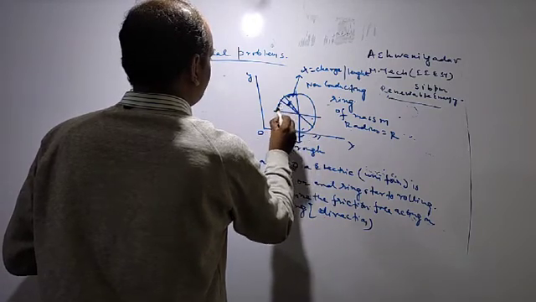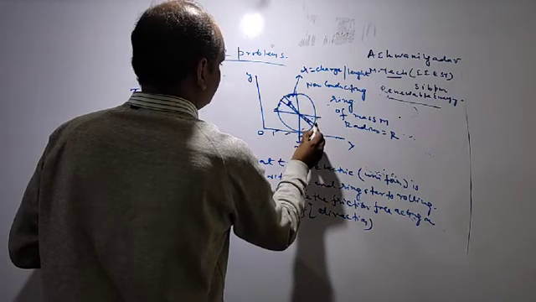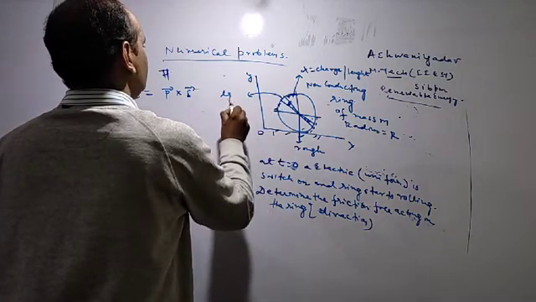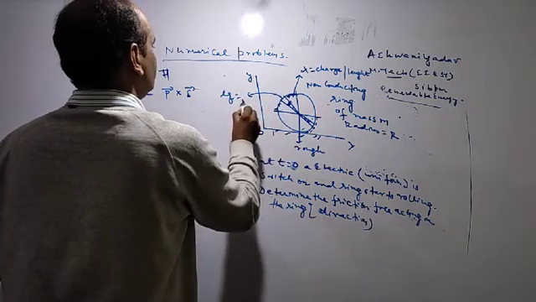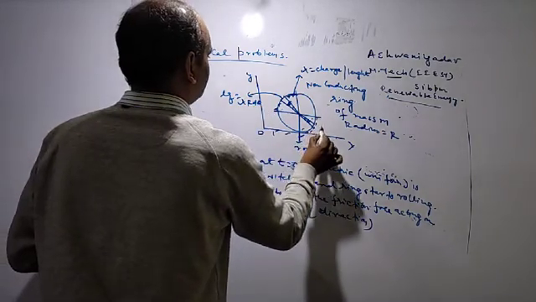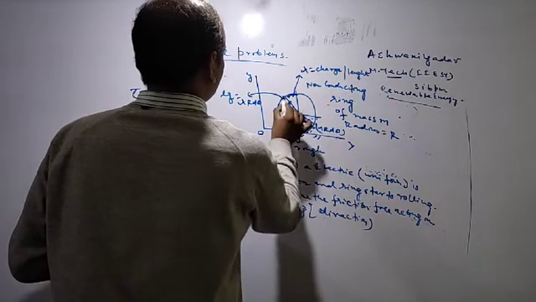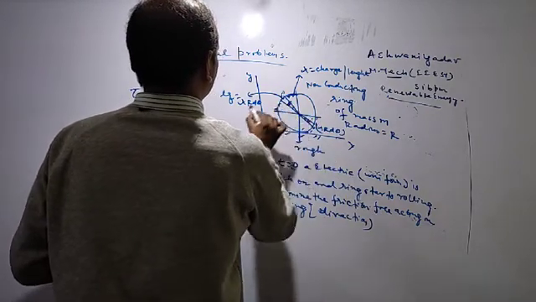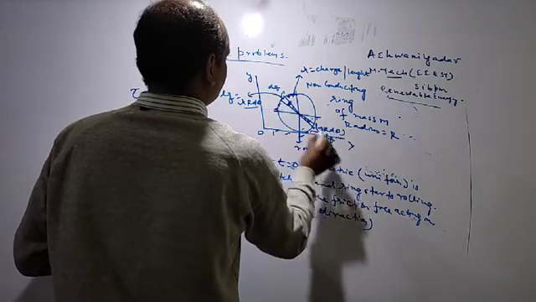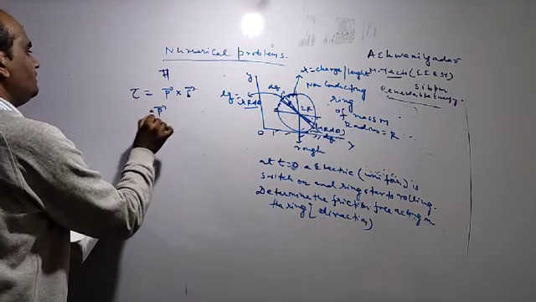Here we have positive charge and small angle theta, and negative charges. dq is nothing but r d theta times lambda, but it is negative. So two charges here, dq and minus dq, and the distance between them is 2r, then dipole moment